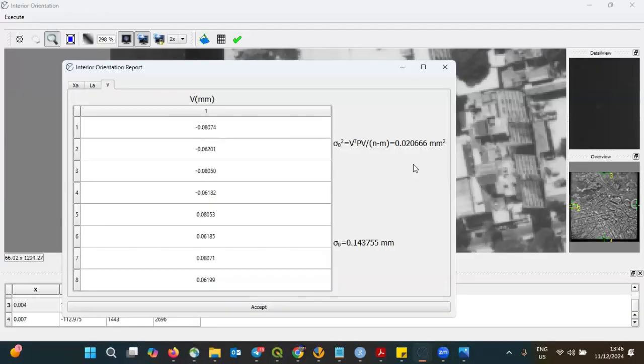And your observation should be more than the minimum number that you need. So there should be some redundancy. Then you can apply the least squares algorithm. All right. So